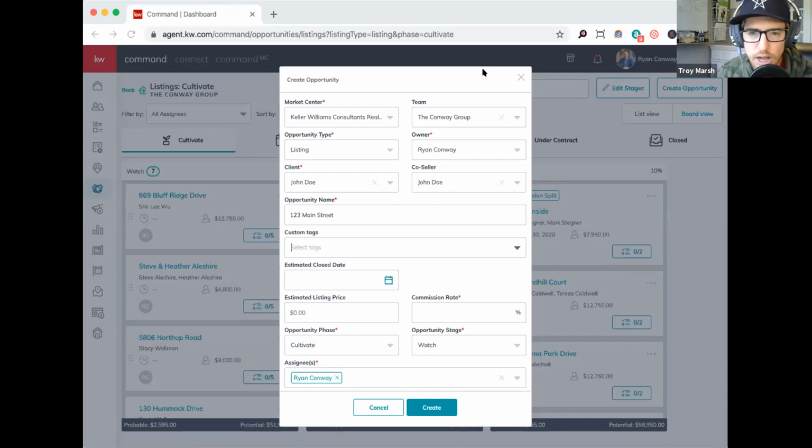However, it's kind of a complicated answer depending on how your business is run. The best practice would be to go and create it under the account of the agent who wrote the offer, because then they're going to be able to track in their pipeline how much business they have going on. But if the only purpose of doing this exercise is just to put it in compliance, then it honestly doesn't